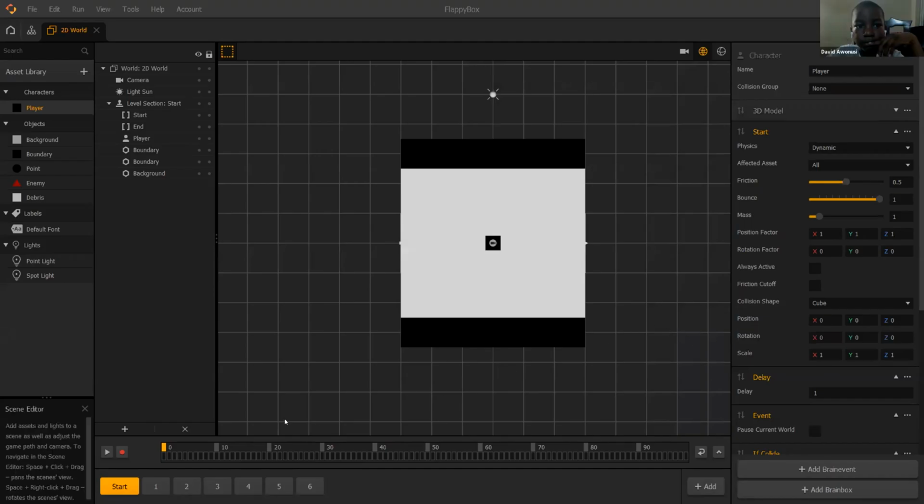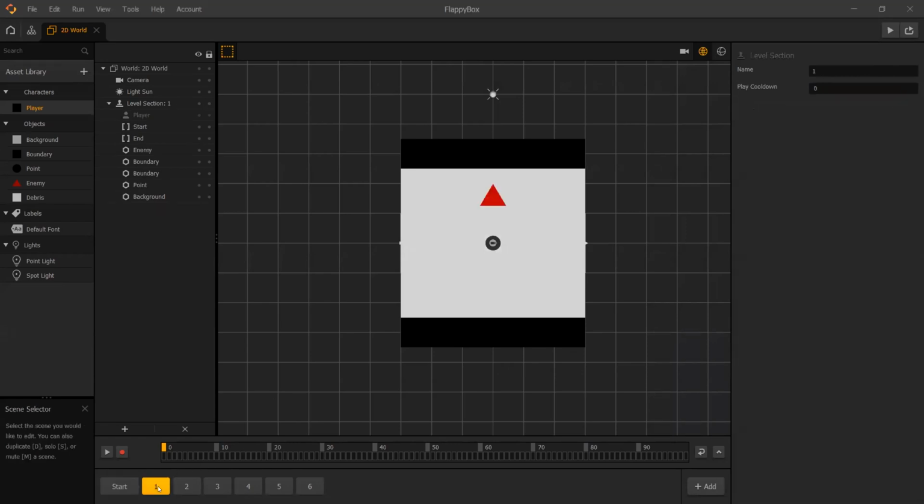Yes. Okay. So one last thing we'll be doing for today is creating more dynamics in our game. For example, here in our first scene, besides the start scene, we have a red triangle. We have our points. But now what we will do is this point here, we are going to press